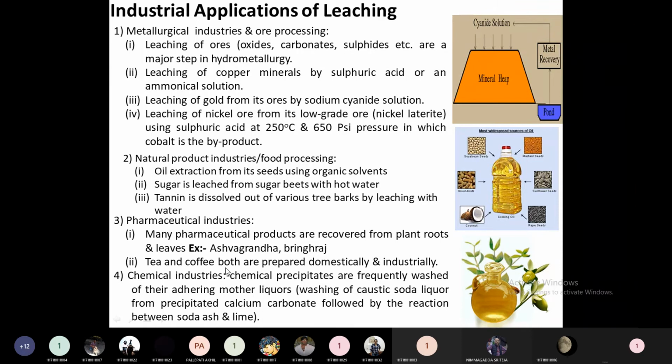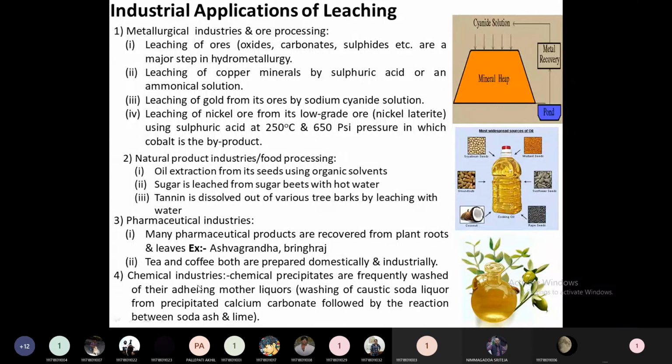Like we have instant coffee. That instant coffee will be prepared in the industrial setup only. That coffee will be extracted. The soluble matter will be extracted from that one, and it will be subjected to spray drying. Then that soluble constituent will be converted to powder. That powder we are mixing in milk or water and drinking as coffee, that is instant coffee. And that is also a popular application.